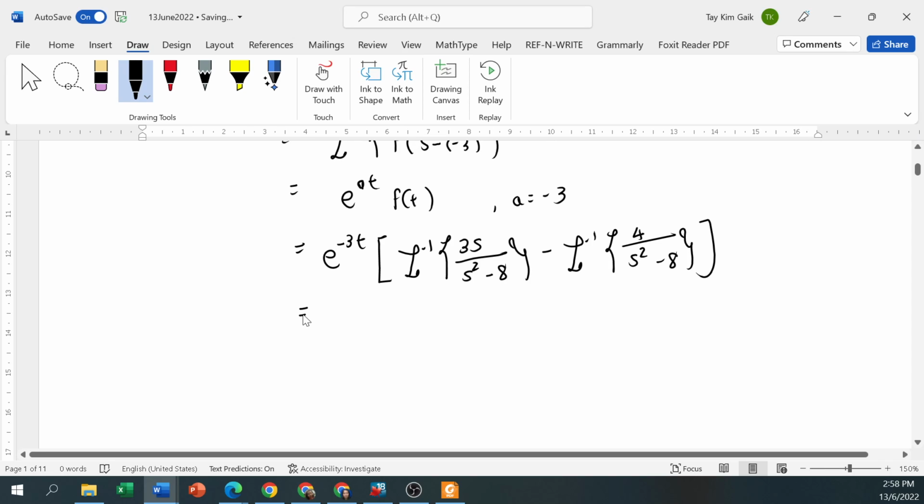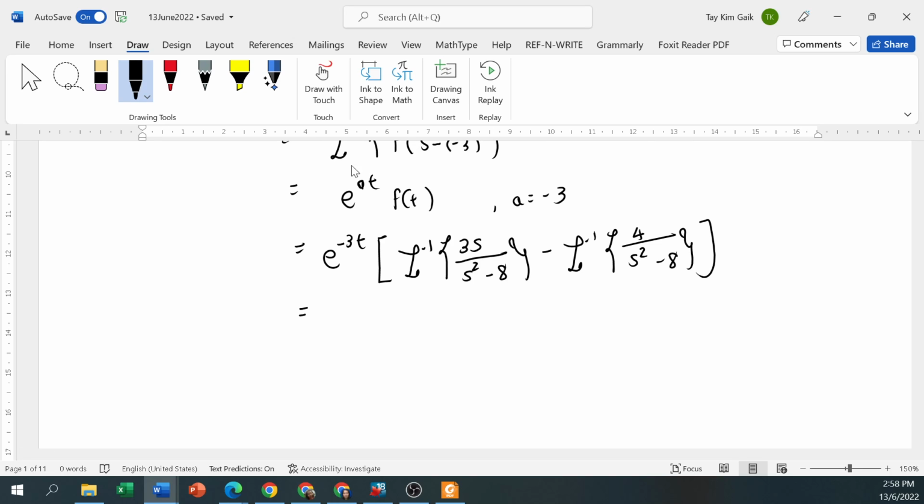Now you can do the inverse Laplace for 3 times s over s squared minus 8. Factor out 3; the inverse Laplace of s over s squared minus 8 will be cos